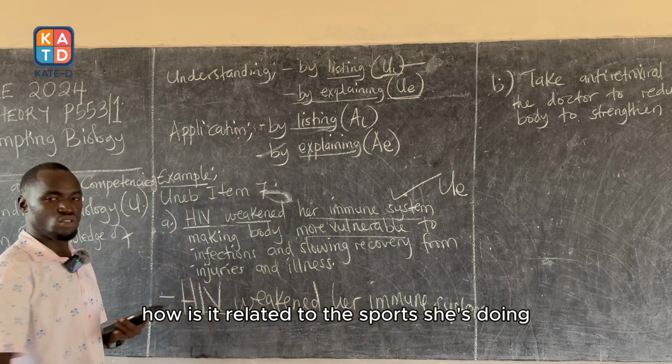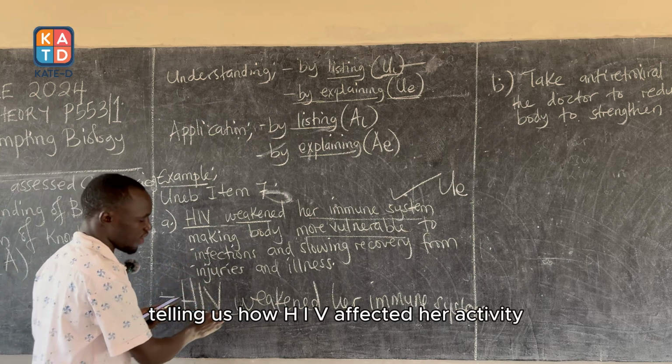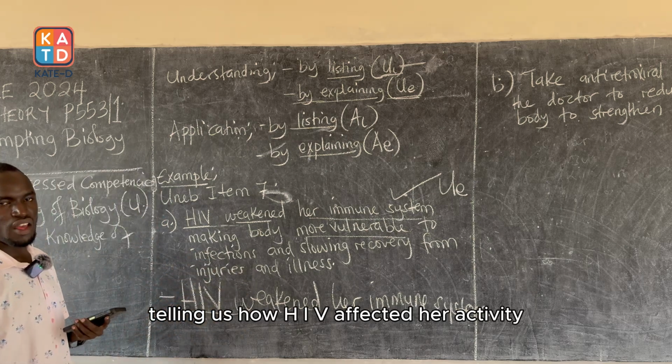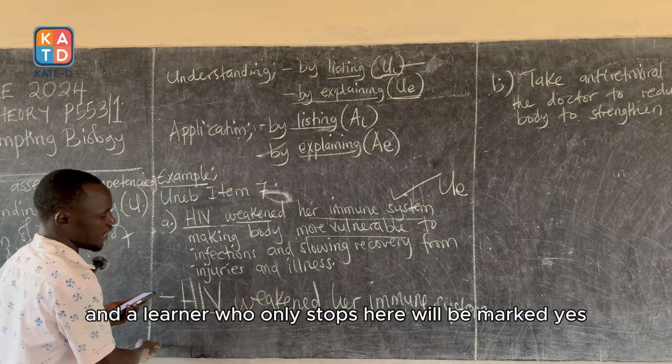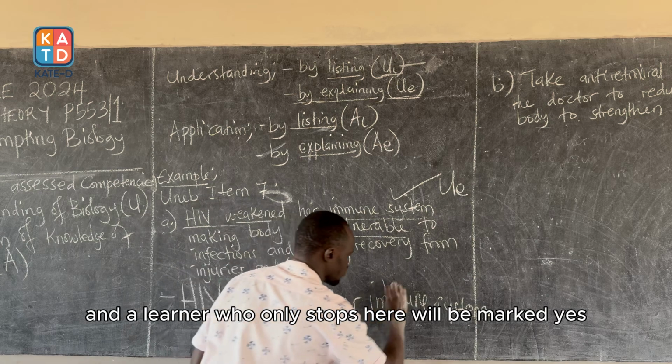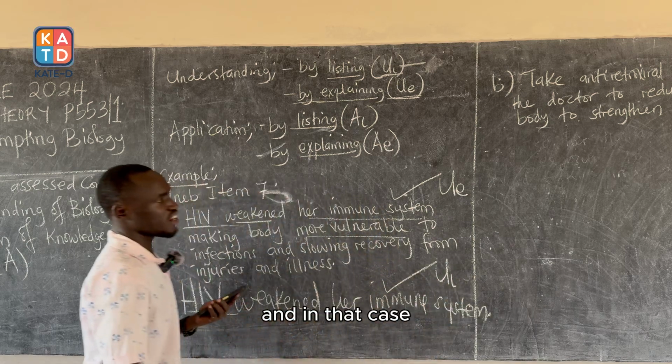How is it related to the sports she's doing? You have to go ahead telling us how HIV affected her activity, her possibilities in the sports. That's where a learner has to give this, and the learner who already stops here will be marked, yes, you'll be right, but you'll be given understanding by listing. And in that case,